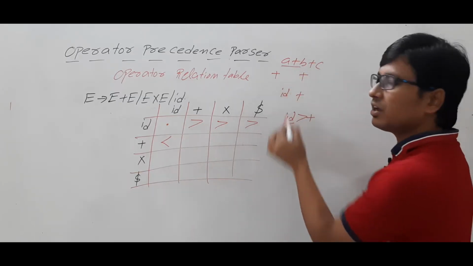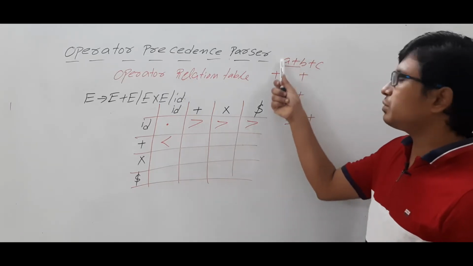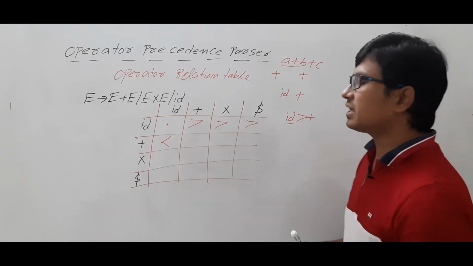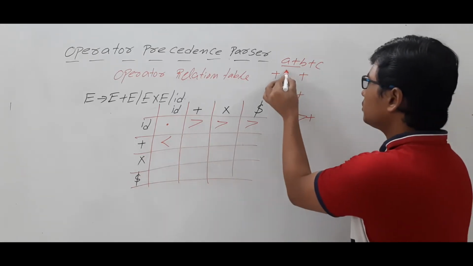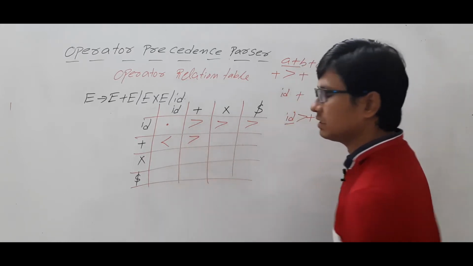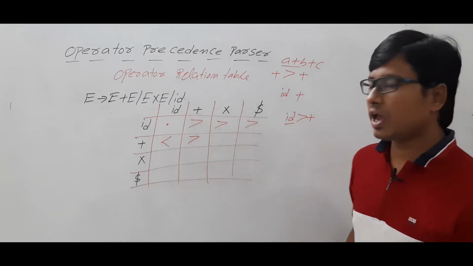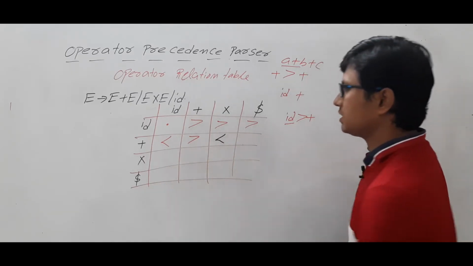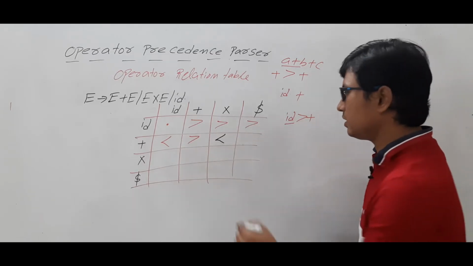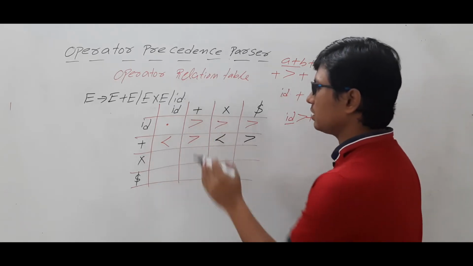If you have a plus b plus c, which one do we need to perform first? As plus is left associative, I will perform a plus b first, and whatever result comes, I will perform the addition again. So I need to give the highest importance to this plus, and I will represent it like this. Are you able to understand? Plus and multiplication, which has the highest priority? Multiplication. Plus and dollar, dollar will always have less priority. Is it clear? Are you able to understand it or not?